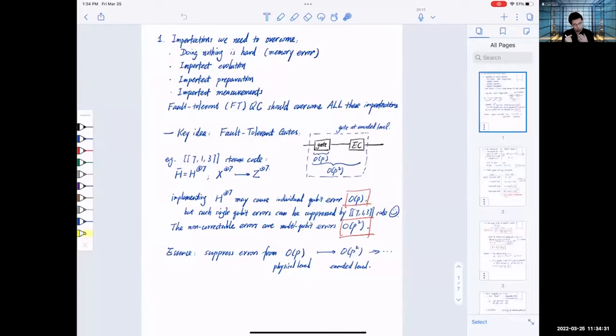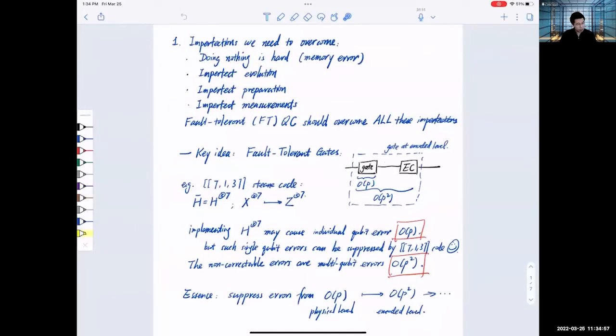So as long as those errors are not correlated within the encoding block, then you will be able to suppress them to high order. That's actually the requirement of a fault-tolerant gate: that you keep maintaining the property that the leading order error at the physical level, P, will be suppressed to P squared at the logical level. Okay, there are different kinds of designs for fault-tolerant circuits,